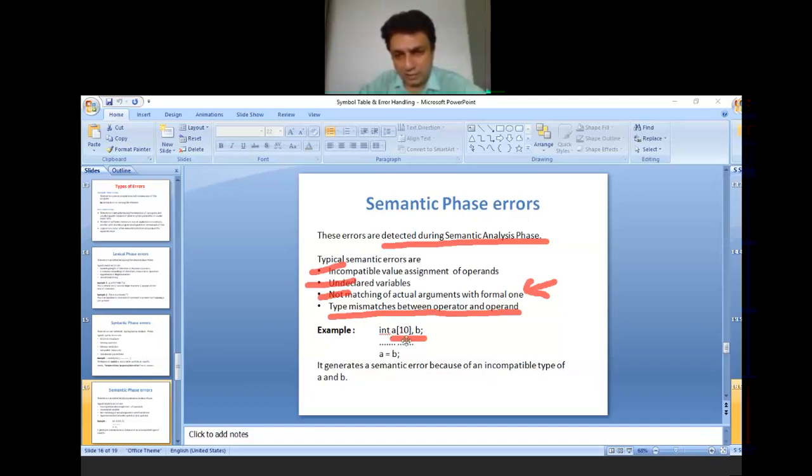So after some lines of coding, if we write in the last that a is equal to b, then it generates a semantic error because of the incompatible types of a and b, because here a stores the form of an array, whereas b is a simple value. Although they both are int, semantically they are not compatible. So the semantic error occurs here, right? All of you are getting it?